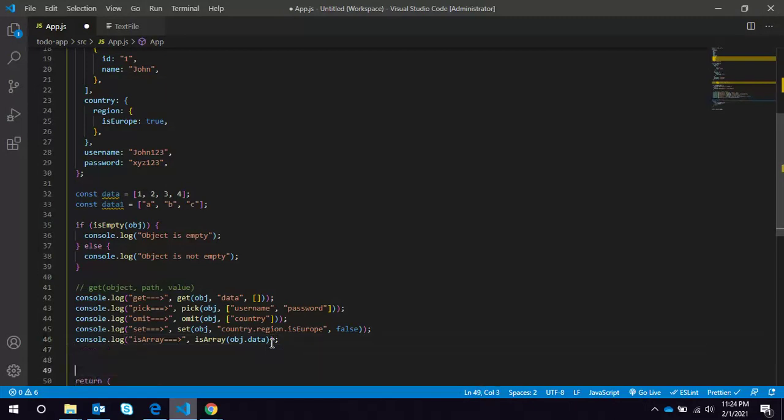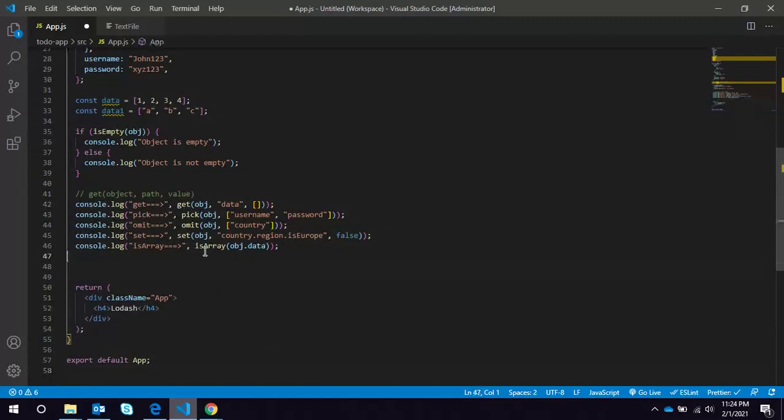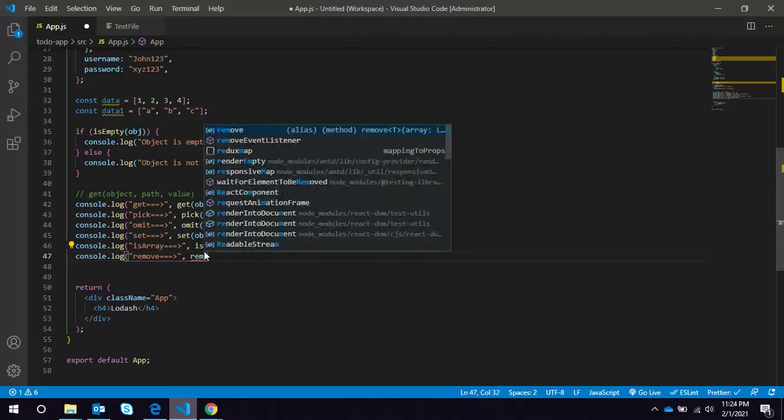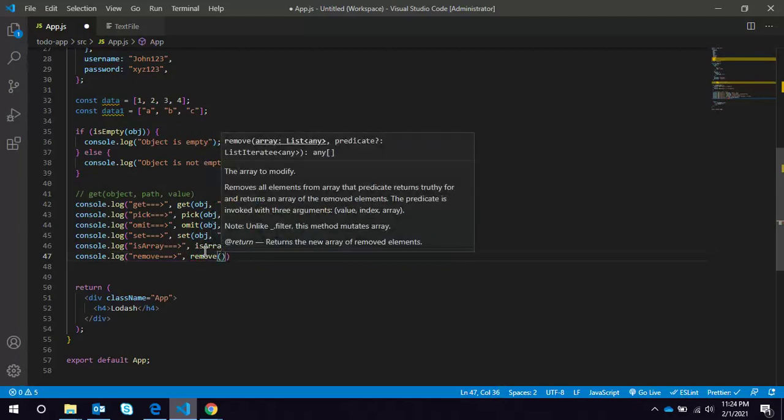Now we have remove. Remove accepts the array.